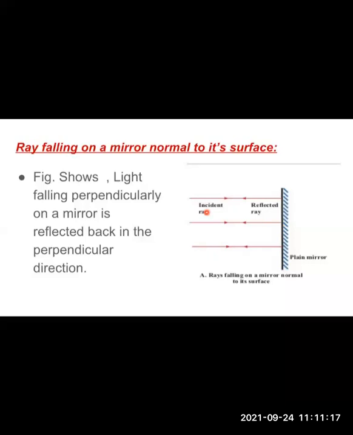Now, though the incident ray and the reflected ray on the plane mirror are reflected at an angle of 90 degrees, the angle between the incident ray and the reflected ray is going to be zero. That is because they are passing in opposite directions. Here, the incident ray is in the forward direction, and the reflected ray direction we are showing along the same path as that of the incident ray. And this is how the image is formed on a plane mirror.